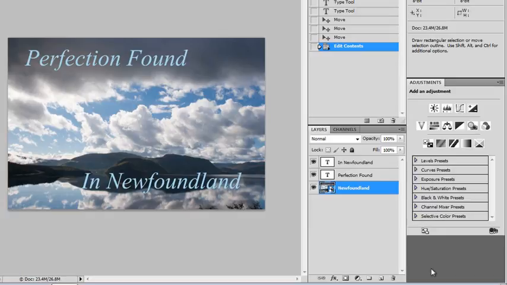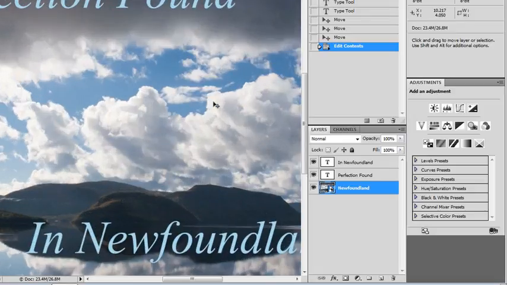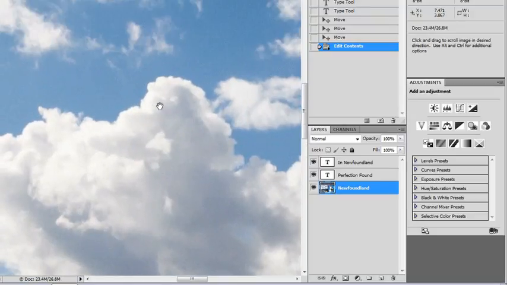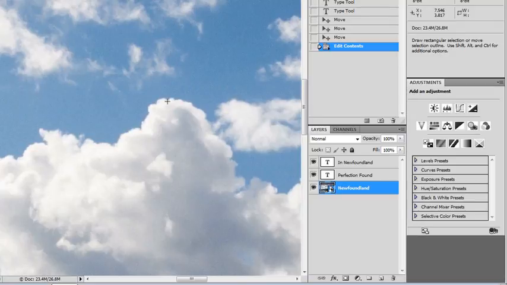Our smart object now has, with our changes, a darker, richer sky in here. If I zoom in at 100% here, you can see that we've got some nice grain in here. So by opening the file as a smart object, at any point I can go back to the original raw file, make changes, and have those applied automatically to this image in Photoshop. And by making these changes to the raw file, I get much higher quality results and have options available to me in the Camera Raw interface that I simply would not have if I worked on the image in its rendered state inside